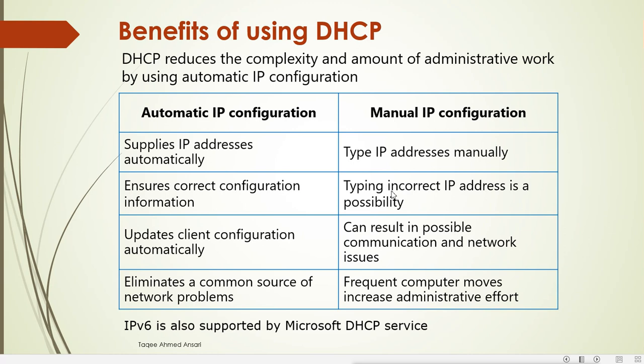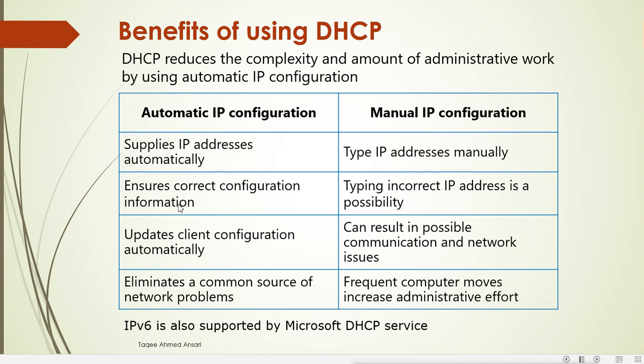Not only that, when you configure the IP address, it is not like you are configuring only the IP address. You have to configure the IP address for the machine, the subnet mask for the machine. Then you have to type the default gateway IP address, DNS server IP address, and alternate DNS server IP address. Now, if you configure all of these things for every machine manually, then you can make mistakes. You can type a wrong gateway. You can type a wrong DNS IP. Then it will become a problem.